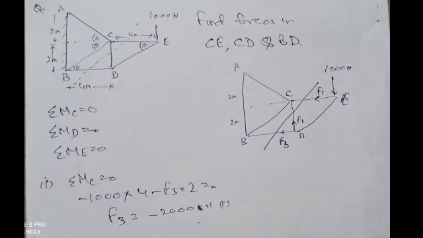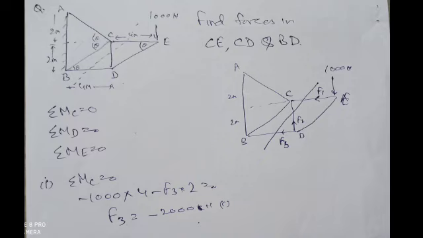Now for the third point, we can take moment about any remaining point on the side which we are considering. Suppose we are considering the right hand side. On the right hand side we only have point D and point E. We have already taken moment at point D, so now we can take moment about point E. In this way we have identified the 3 points about which we have to take the moments: point C, point D and point E.